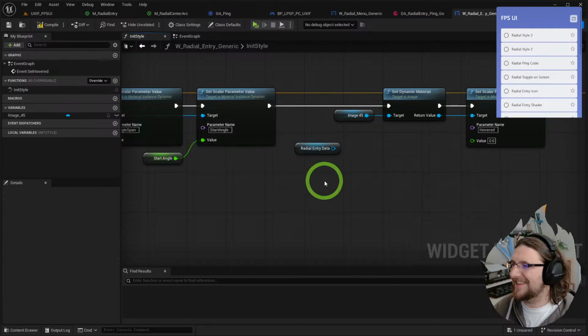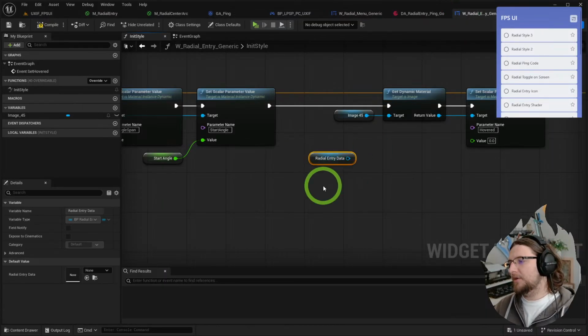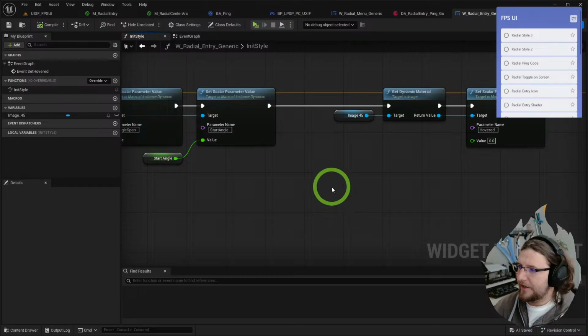One thing I've just realized isn't great. This is radial entry data. Right, so we haven't actually implemented this data knowing